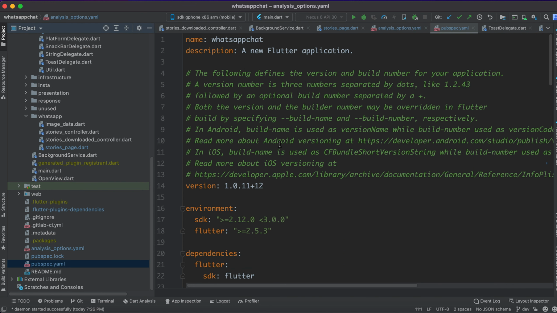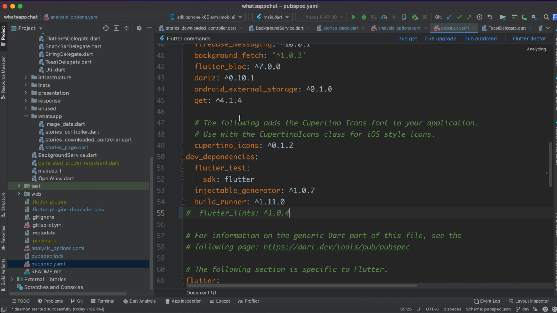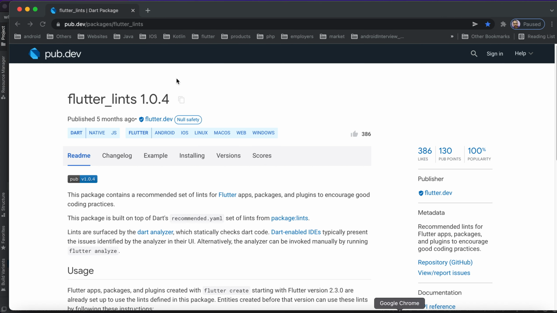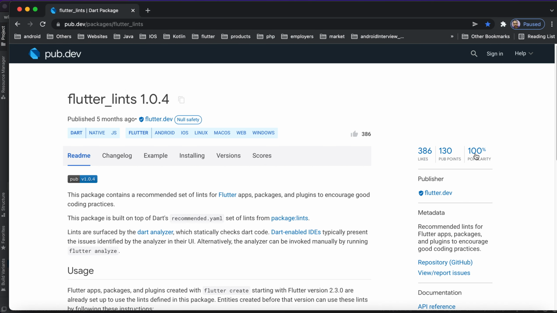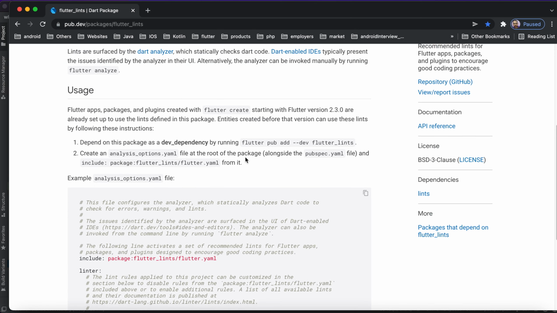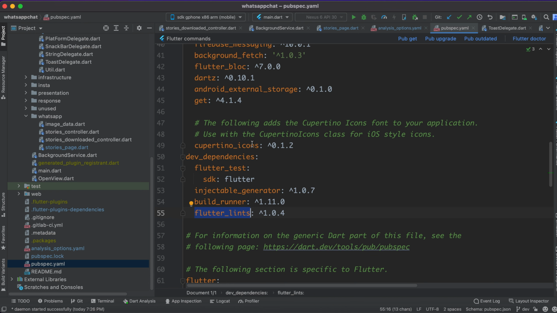First I'll add a package here. Its name is flutter_lints. It's provided by the Flutter team, and you can check it in the browser also. It has 100% popularity, and you can get a guide from there, but I'll explain how we can implement it and how it's beneficial for us, right?